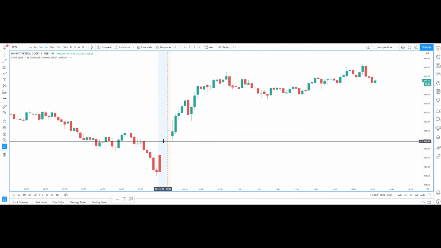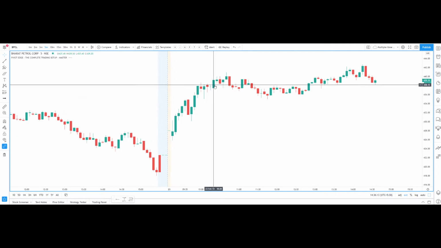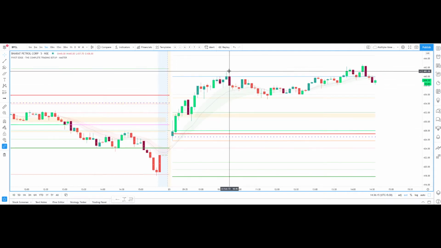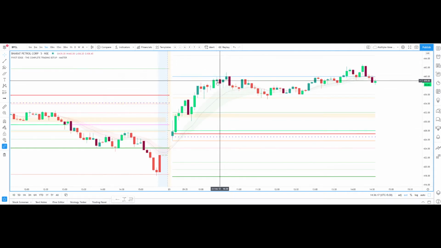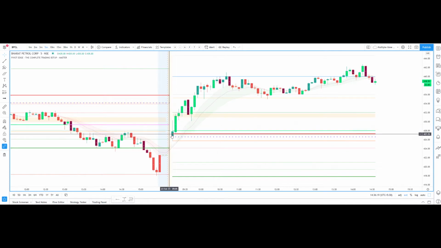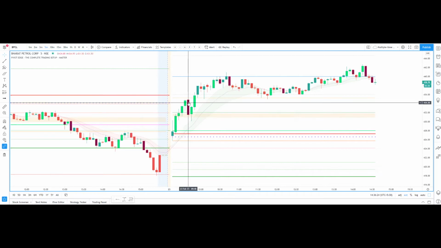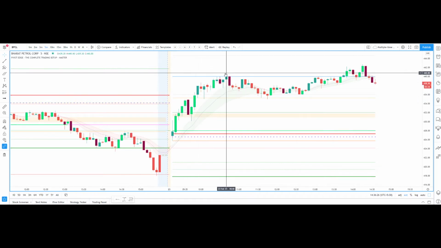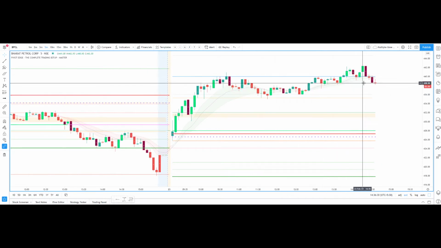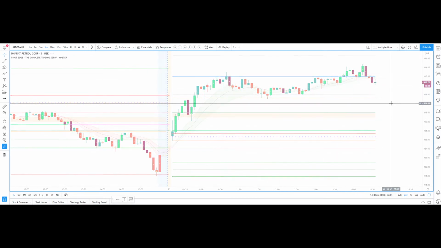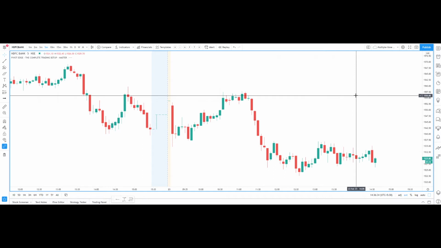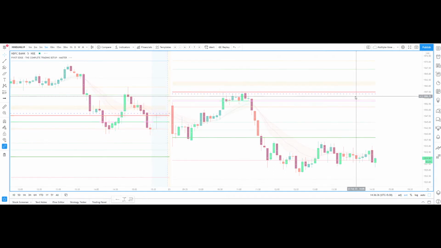BPCL has opened gap up and then it has become sideways after giving the targets here, so extended targets. See, after the first candle, in the second candle we got a buy trigger. So if you enter a trade here, this is your first target and this is your second target. After giving the second target, it has become sideways, not much trade.